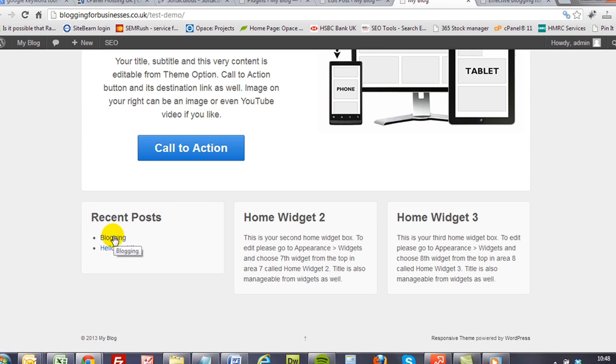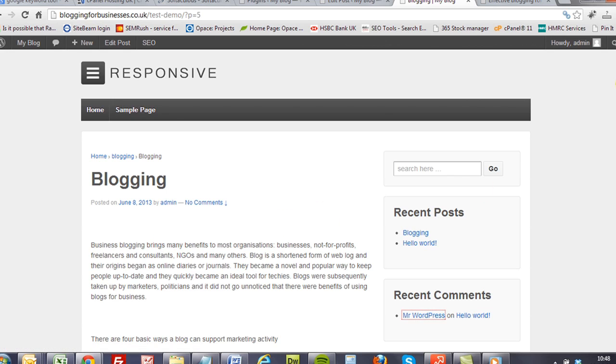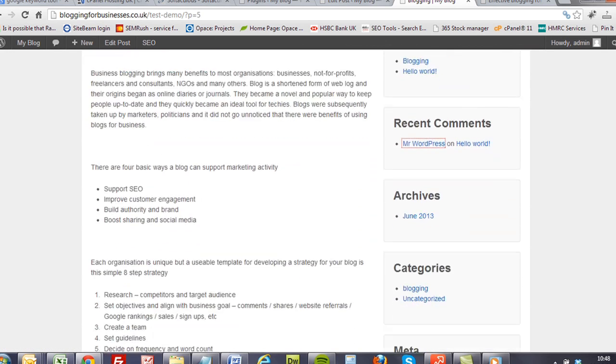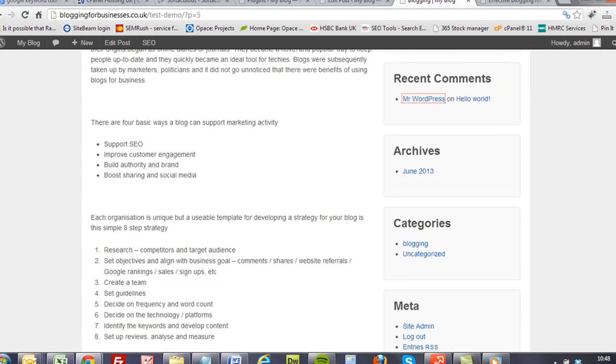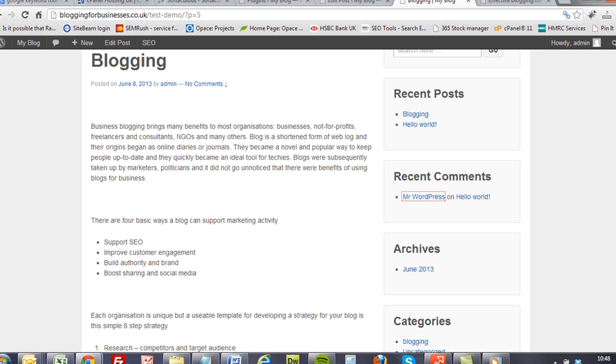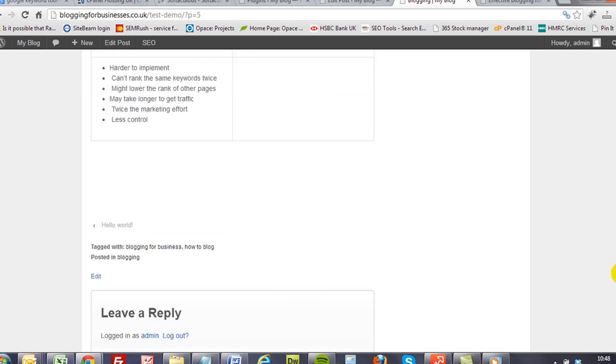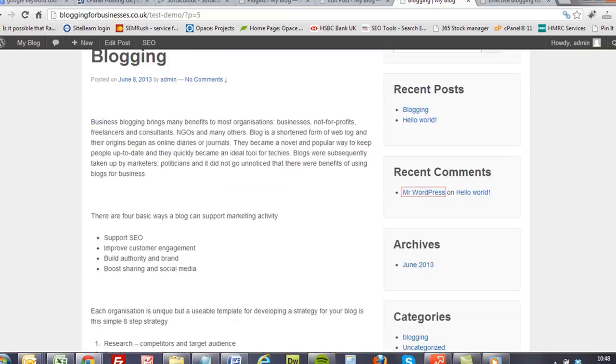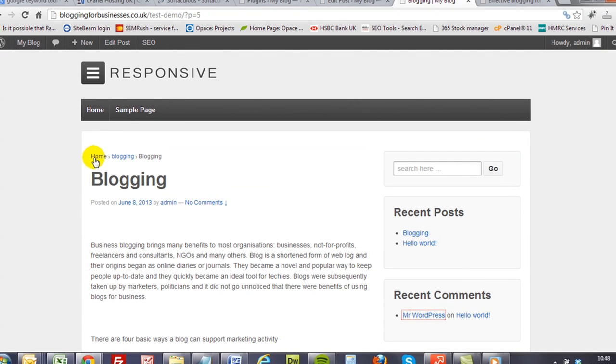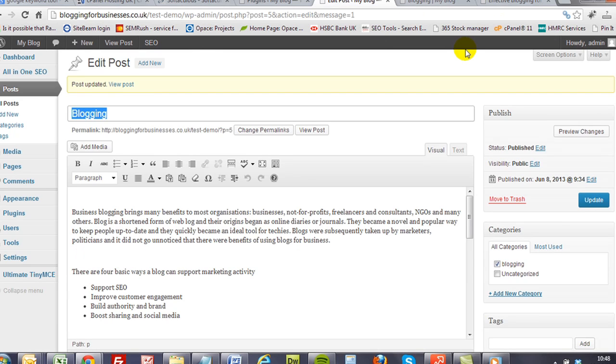If you click that, it takes you through to the unoptimized blog post. You can see that tags are down here, you have the category at the top, and also it puts in the breadcrumbs as standard, which is a nice little feature for search engines, and you have a very basic looking unoptimized blog. There's a couple of extra steps that I'm going to demonstrate very quickly because they're very important for